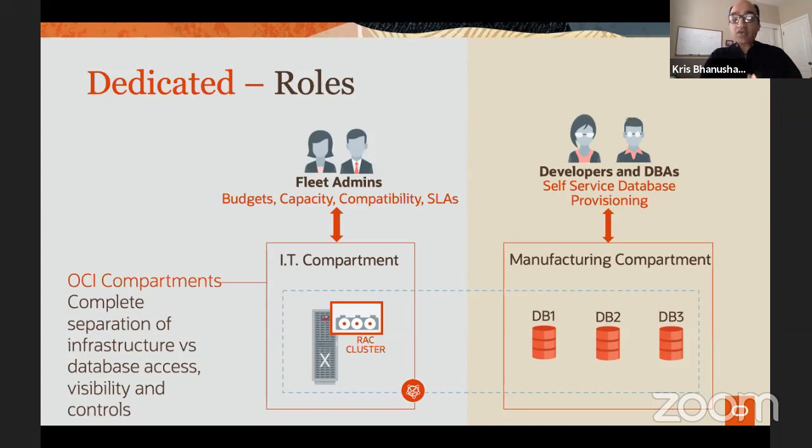That oversight has to come from the fleet admins, who we believe understand the infrastructure, understand the environment, and would control how cloud resources are consumed. So it's a nice separation of duty in a way between fleet admins and the rest of the organization.